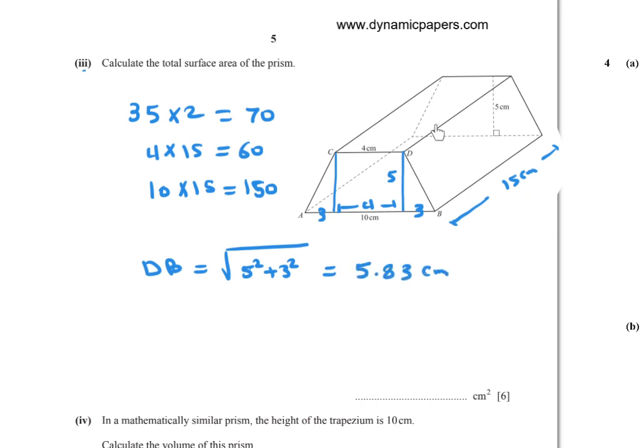Now we can find the area for this rectangle: 15 times 5.83. And because we have two rectangles with the same area, multiply by 2